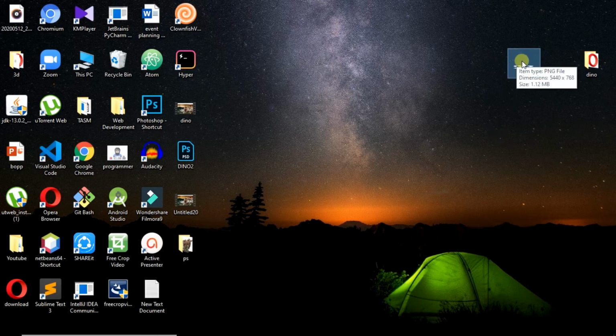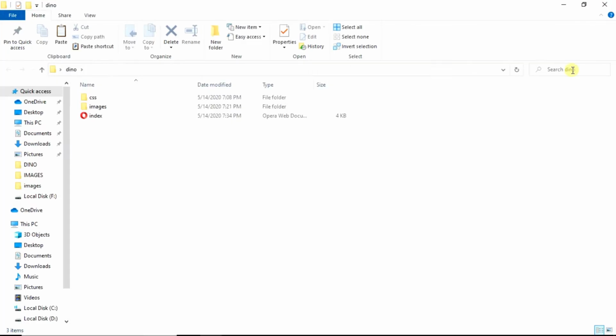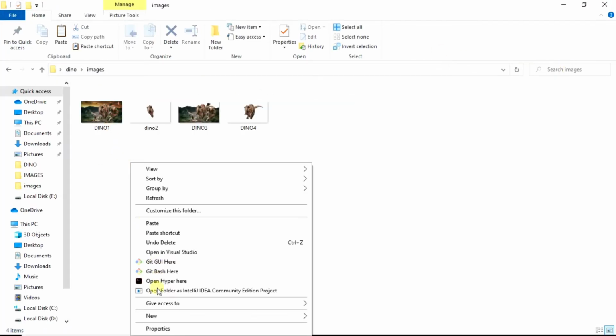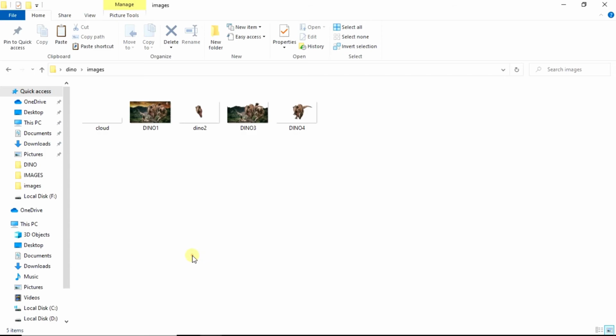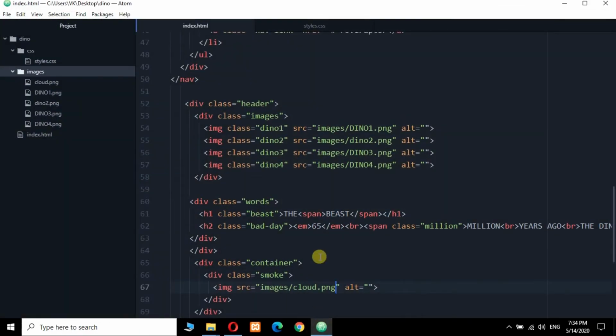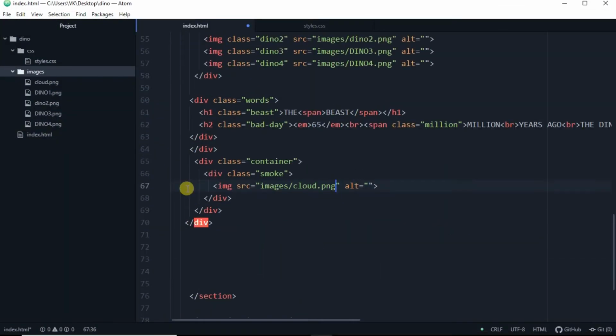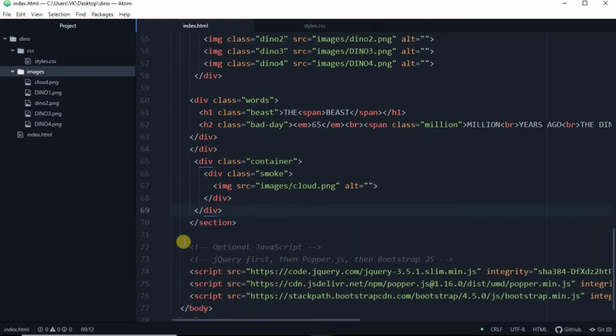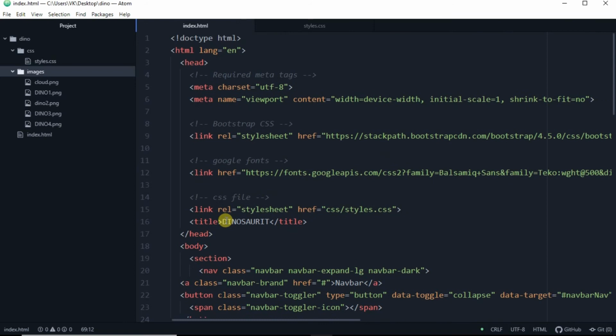Now I will provide these images in a link in the description, so download them from there. I will paste it inside here, and we'll remove this extra div. I think we are done with our HTML.